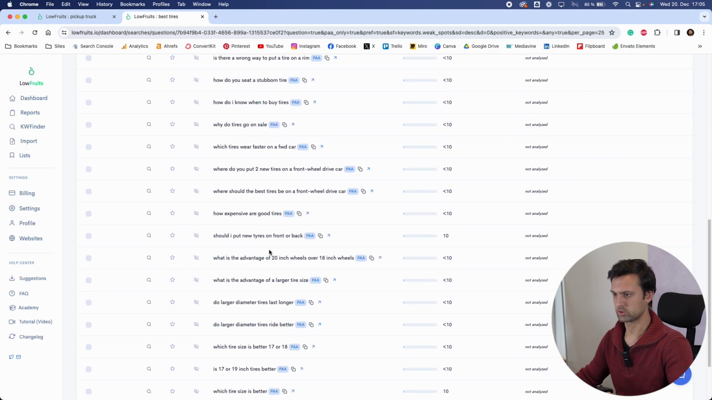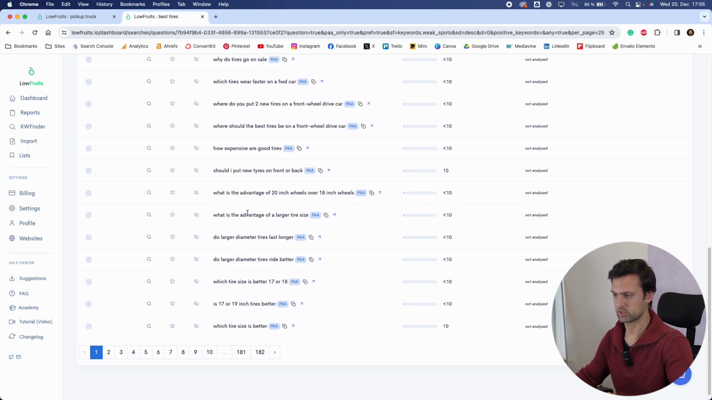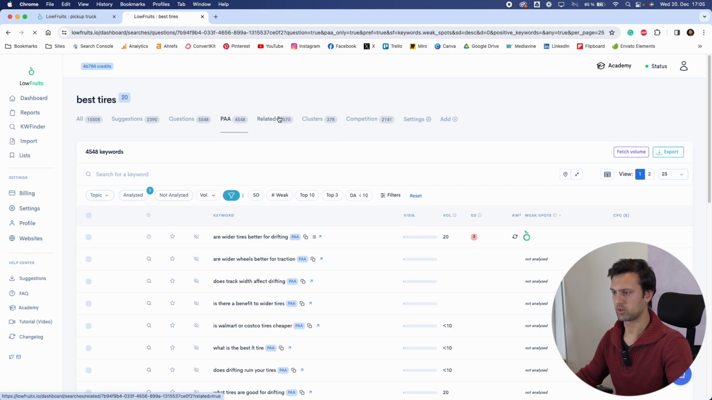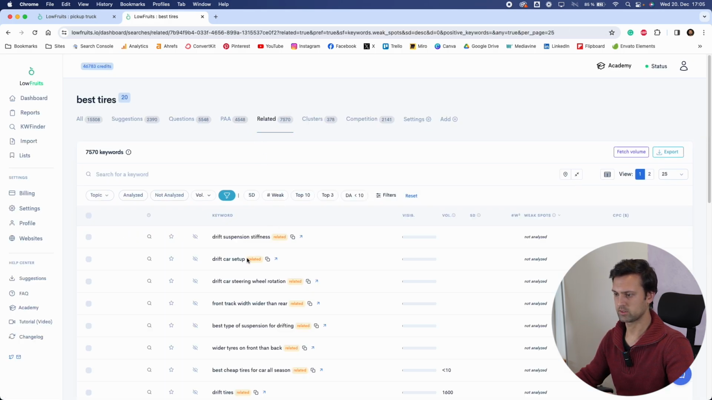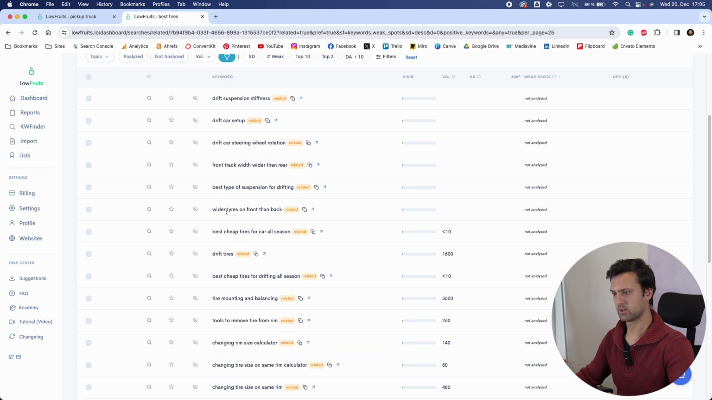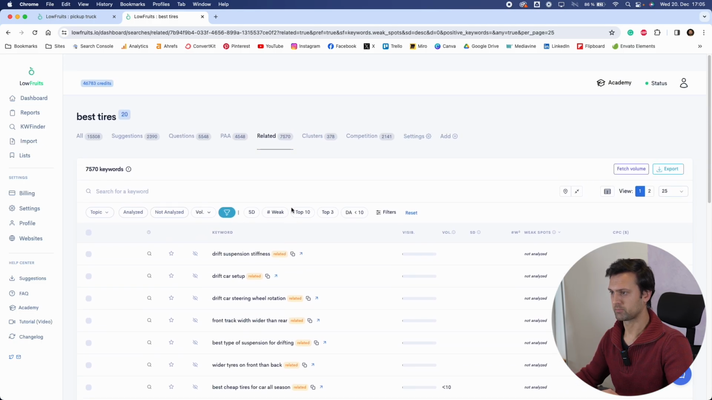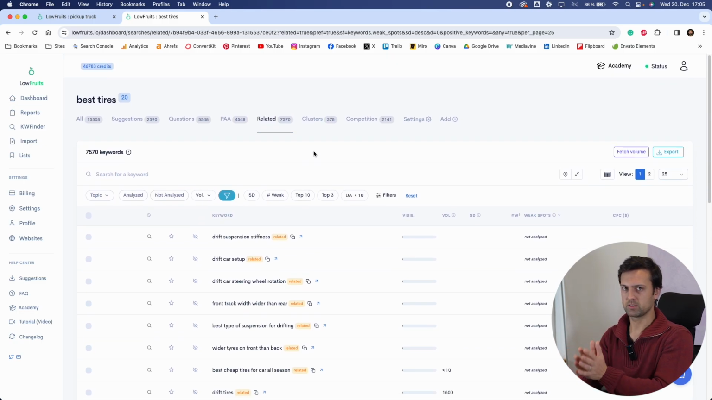We can go through all of these and check maybe there's some good queries here that we want to target. What is the advantage of a larger tire size? And we can go through all that. So related terms here we can see as well: drift suspension, drift car setup. So it's all giving us some ideas now. Because we've typed in tires, we can then go and target things regarding drifting and tire mounting, balancing. So we might have started by having the best tires, so we might have been looking for some type of commercial keywords, but we've got some ideas now for other content that we can also write, some other clusters that